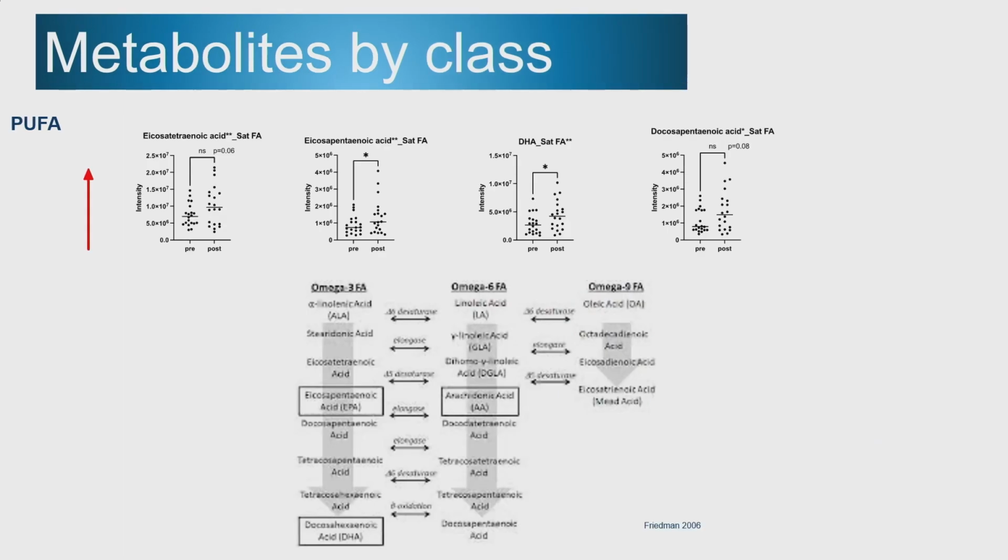Another set of lipids, so sphingolipids are a part of the plasma membrane, polyunsaturated fatty acids are a part of the plasma membrane. We all know that there are major changes in the plasma membrane in CF cells. And so what you can see here is that polyunsaturated fatty acids as a group, so that's omega-3 and omega-6 fatty acids, tend to go up.